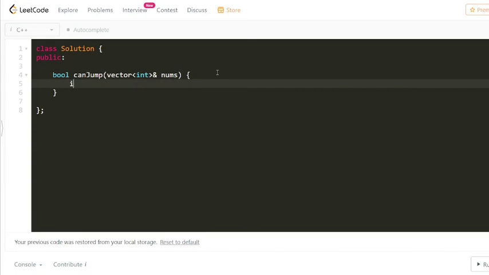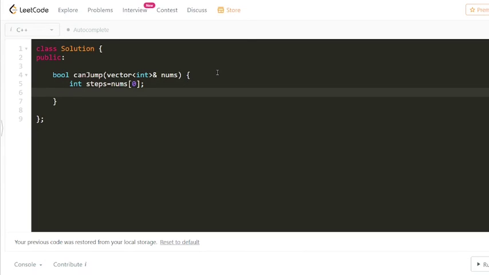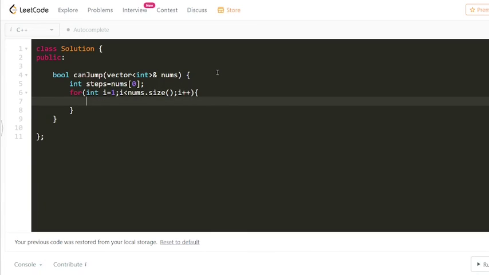So let's first declare a variable which is steps, and let's initialize it to nums of 0. Now let's move from i equals 1 up to i equals nums dot size, and let's increment this i by 1.